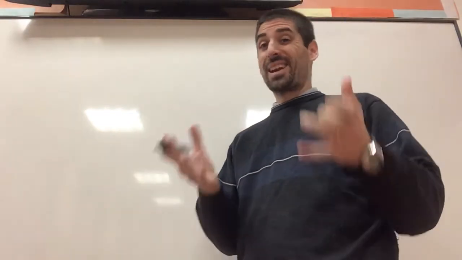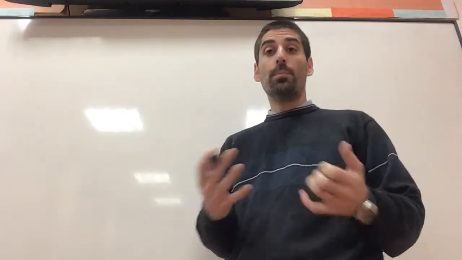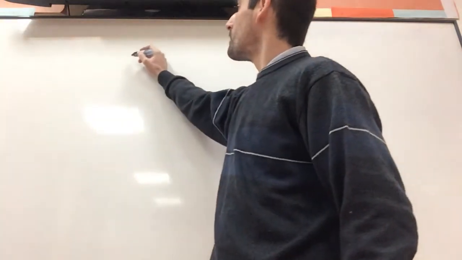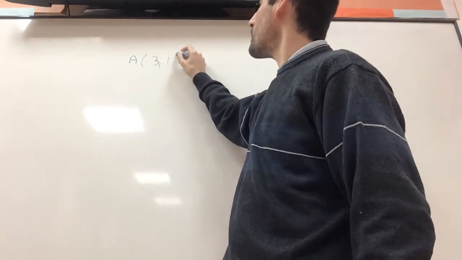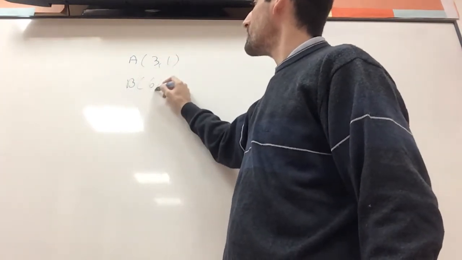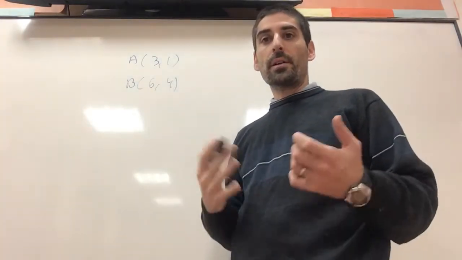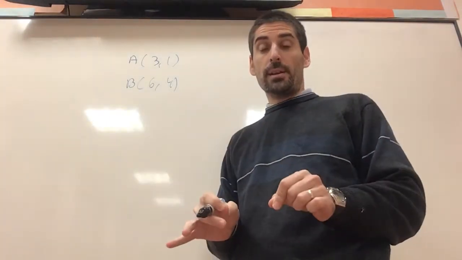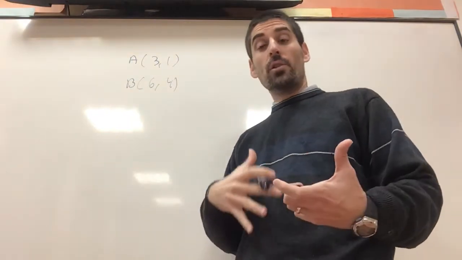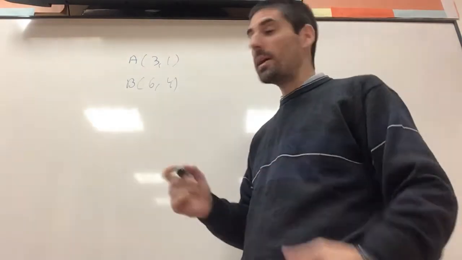Typically, what most of the questions are going to look like is that they're going to give you 2 points and possibly ask you what's the distance between them. So point A, for example, could be the point 3, 1, and point B could be the point 6, 4. And they're going to ask you to find the distance between them. Now, you're not going to have a picture in the exam, you're not going to have a grid, you're going to have to work it out numerically, but just so you get an idea of how Pythagoras works here, imagine